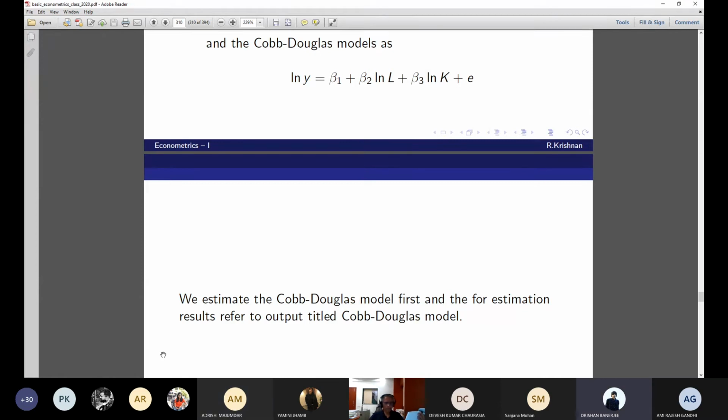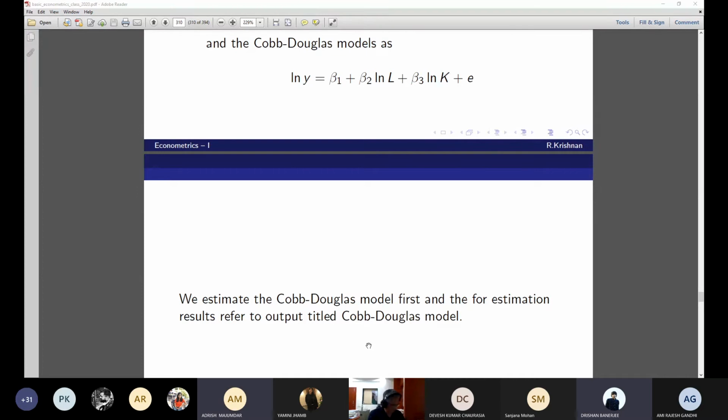Sir, I wanted to ask you one thing. In this model, the F statistic is quite significant, but most of the T statistics are insignificant. So can we say there is a case of collinearity problem here? Each T statistic is not significant. Log L is 0.02, and log K is also 0.07. None of the T statistics are significant.